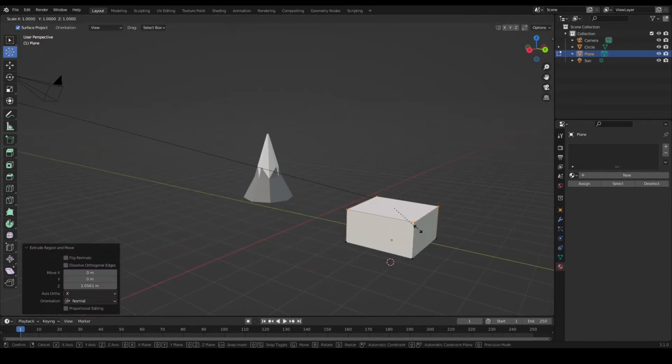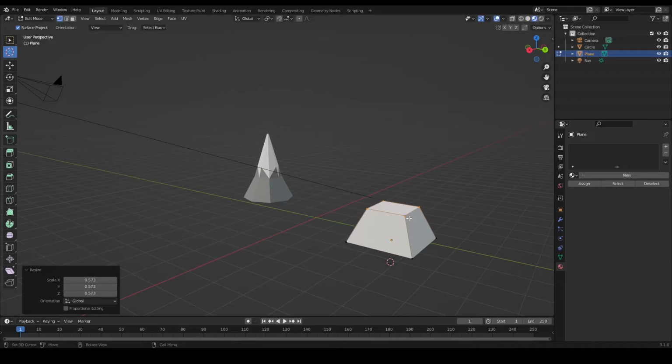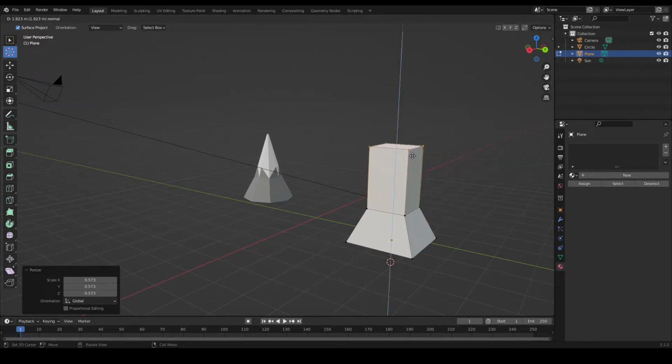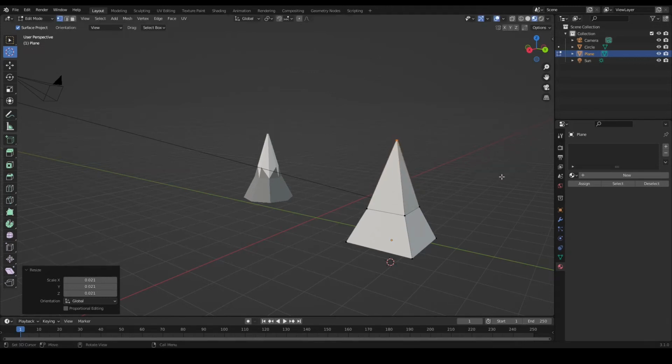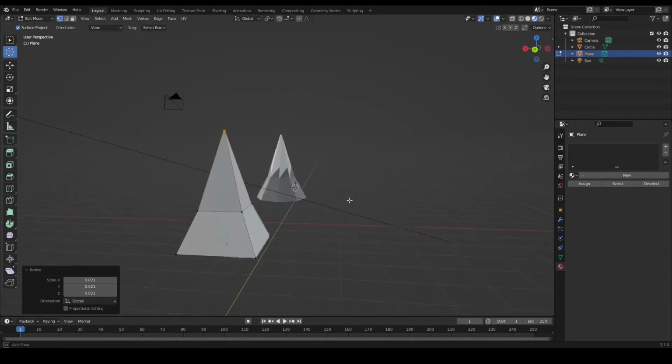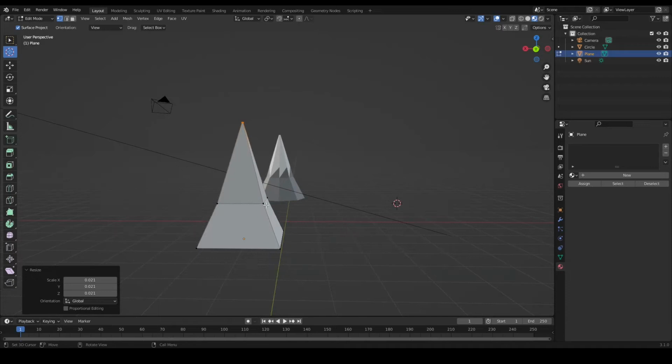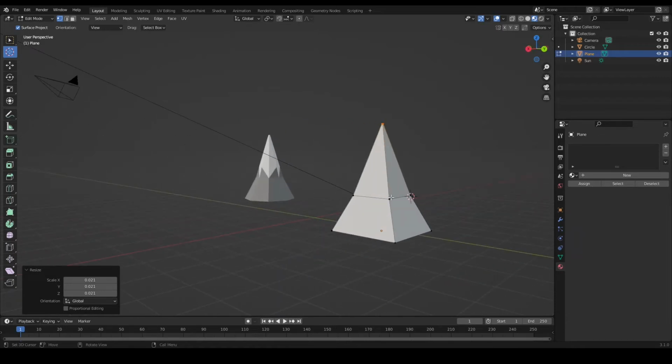Then we're going to hit S to scale it down. Then we're going to hit E again to extrude up. And we're going to hit S and scale it down to the tiniest little point that you can get. Now if you don't like it, or if you want this part to be steeper than the base. So if you don't think it's significantly steeper, what you can do is you can hold shift,